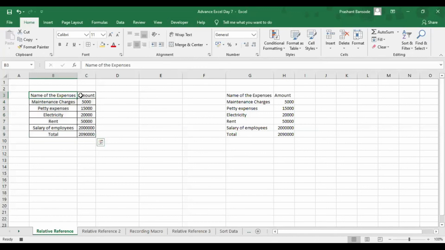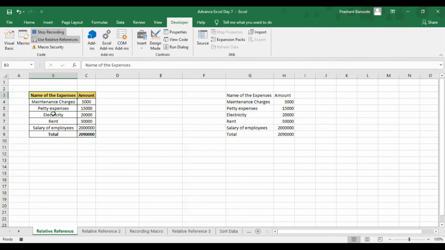Then I want the column headers highlighted in bold with a color I have already chosen, and I'm going to highlight the total with bold. That's it. I'm going to stop the macro by going to the developer tab, stop recording. Now it has stopped recording, so I'm done with my task.